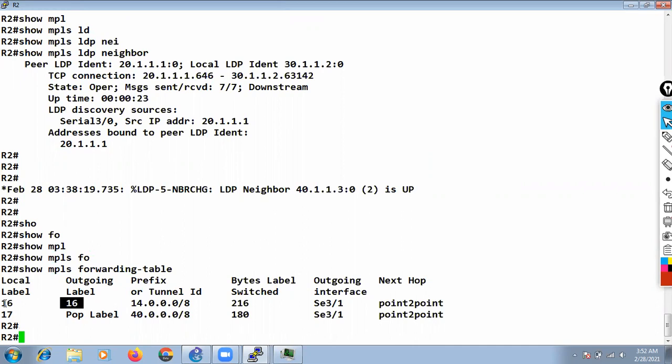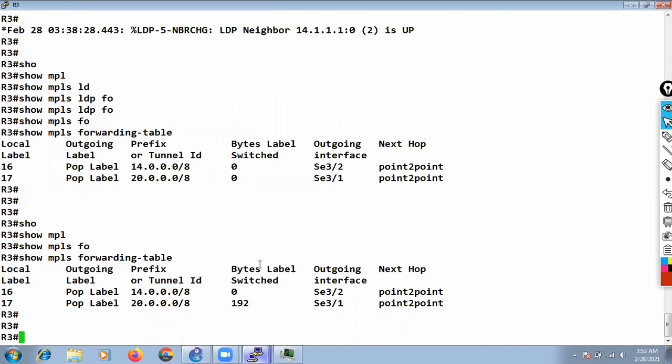Now you can see here, it is clear that the labels are locally significant, right? Because two different devices can generate the same label number for the same network. So R2 is also going to swap its own label with the label number 16.